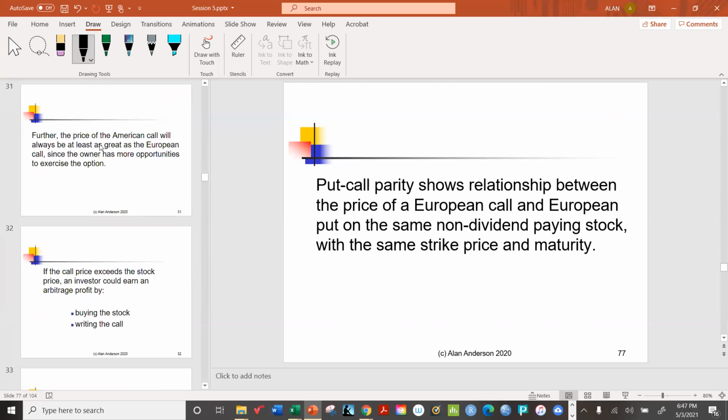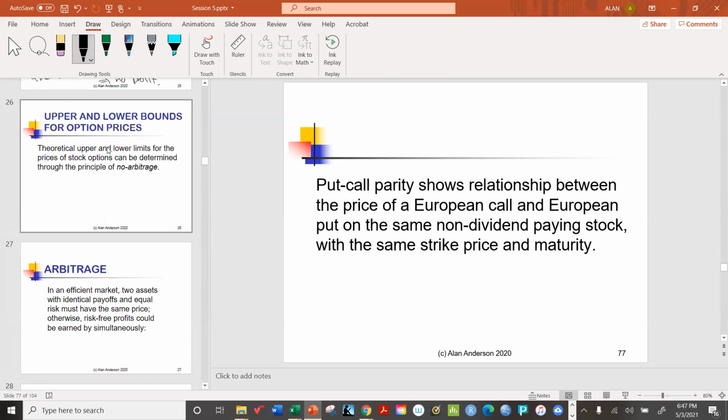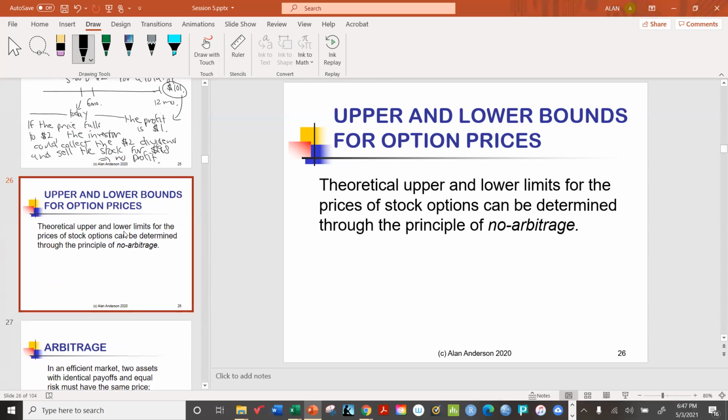And so we'll start by introducing what we call upper and lower bounds for option prices. These are theoretical upper and lower limits for the prices of stock options that can be determined through the principle of no arbitrage. Now, arbitrage means that you have a scenario